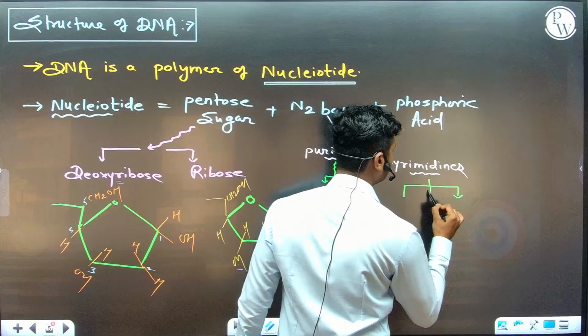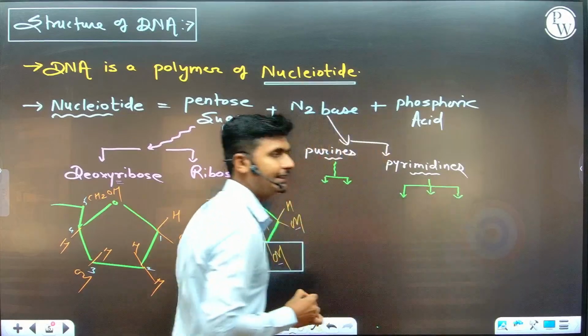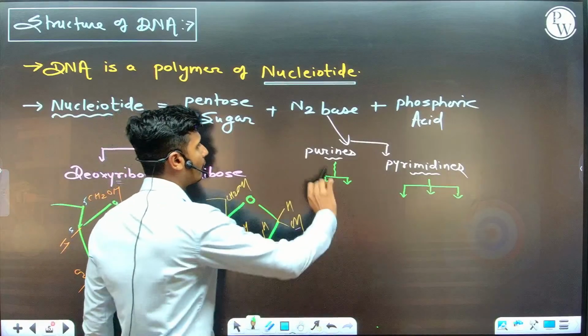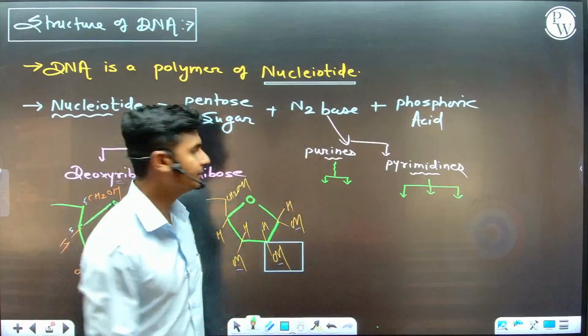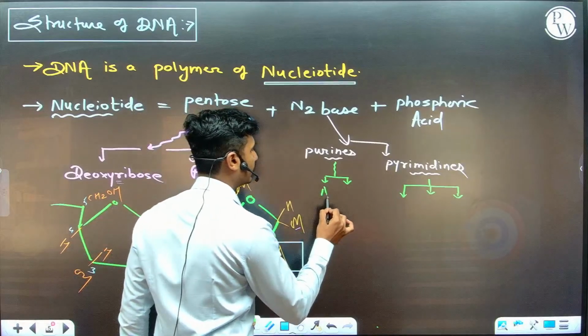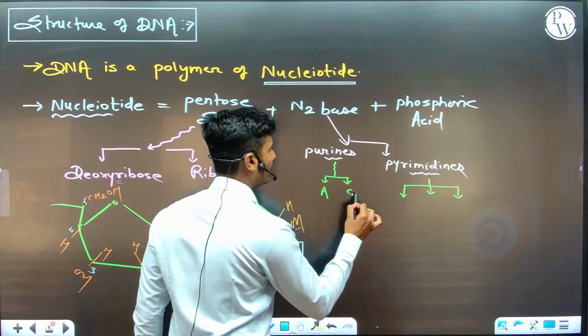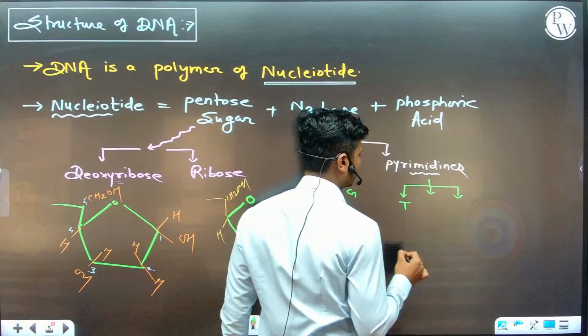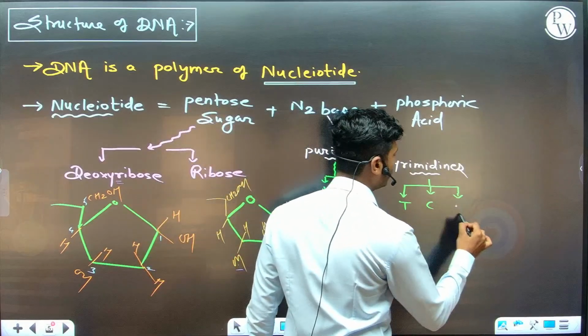I will tell you which one is present in DNA and which in RNA. Adenine and guanine are the purines, and thymine, cytosine and uracil are